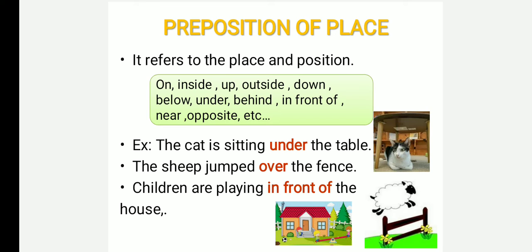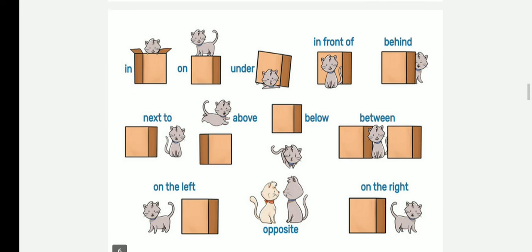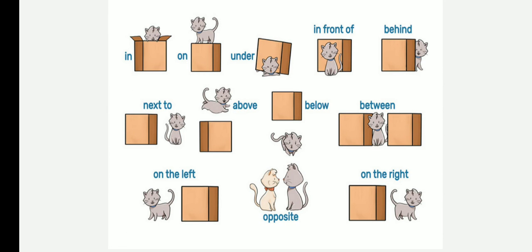For example, my uncle lives in America. America is one of the countries, a larger place. We lived in Chennai last year. Chennai is a big place, so we use the preposition in. Where did you live at Chennai? The question is asking for a particular place where you lived in Chennai. So I lived at Mambakam. Mambakam is a smaller place which is situated in Chennai. So we use the preposition in to represent a larger place, and we use the preposition at to represent a smaller place. These are a few examples which help us to represent the preposition of place.